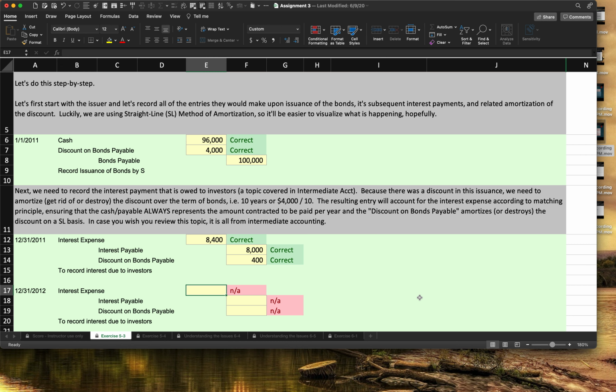We are allowed to recognize additional expense because initially we had an unfavorable situation. And this is a way for GAAP/IRS to even the playing field, so to speak. And interestingly enough, because this is on a straight line basis,